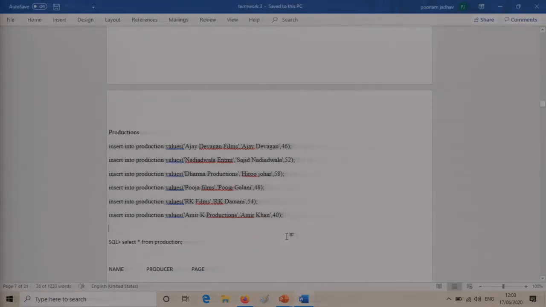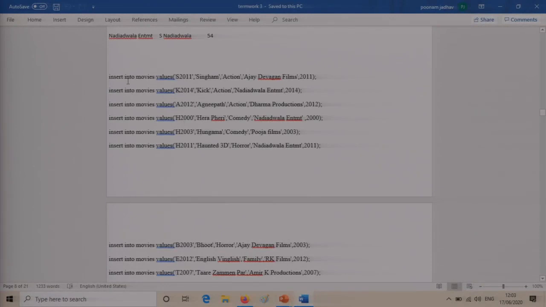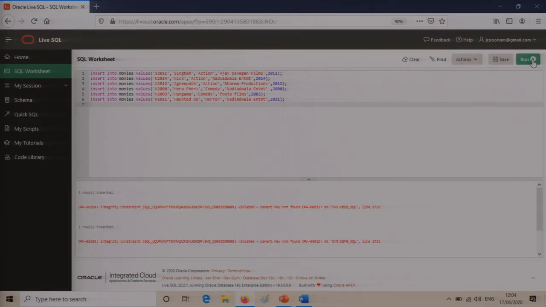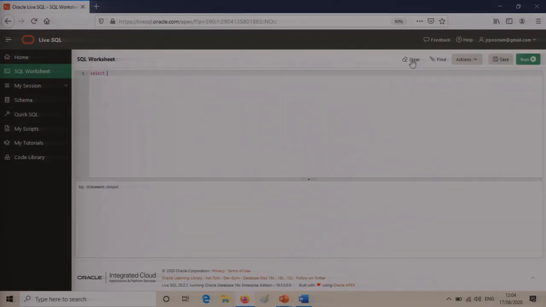So let me go down and select the movies. See here, movies is dependent on the production table. So whether it is the creation of the movies table or the insertion into the movies table, you will have to do it after the base table is created. Similarly, the relationship tables, directed by and actors in movie, are two relationship tables. They should be created after the base tables are created. So this understanding has to go very properly. Otherwise it will keep giving you an error that the integrity constraint is violated.